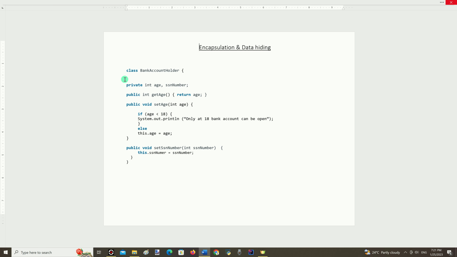So the keyword private makes these variables visible only within the class they are in, with getter and setter methods for them. Only with the specified get and set methods can we get control of them from outside the class.